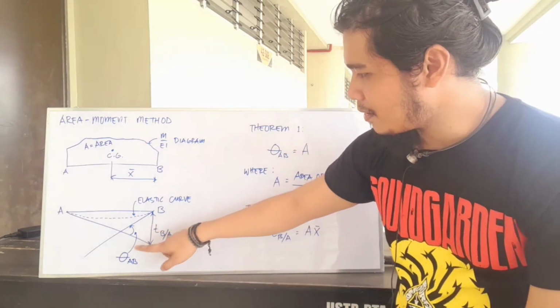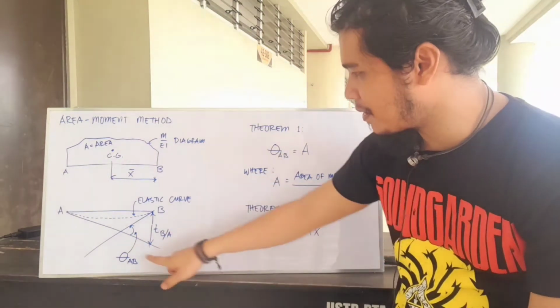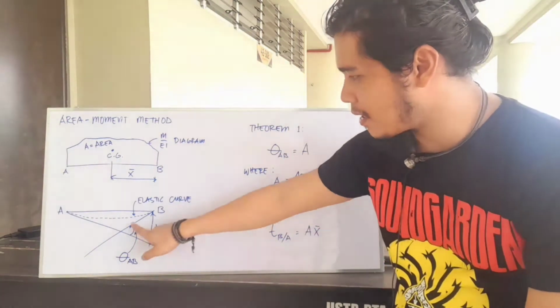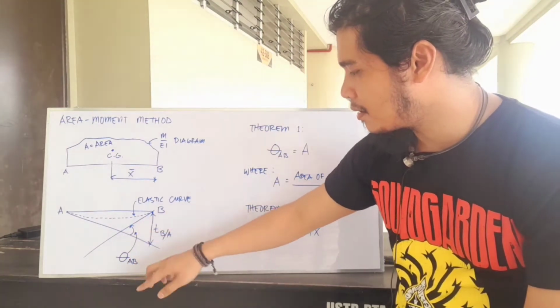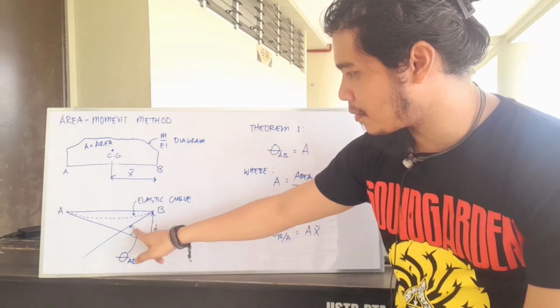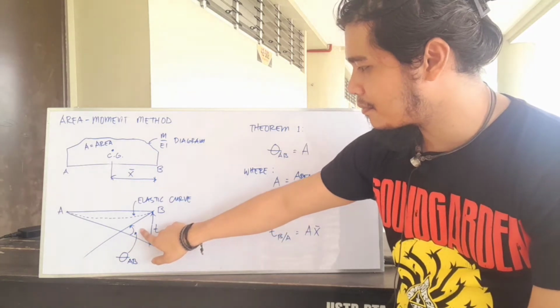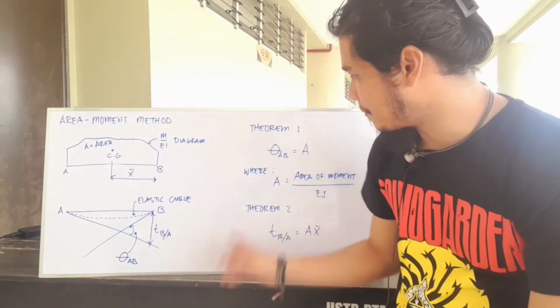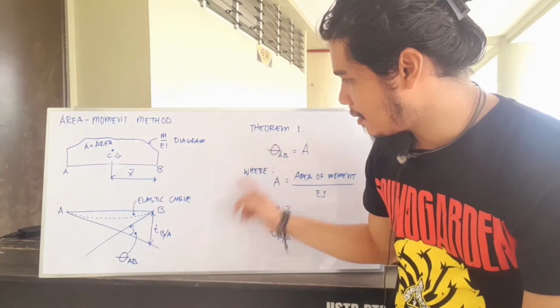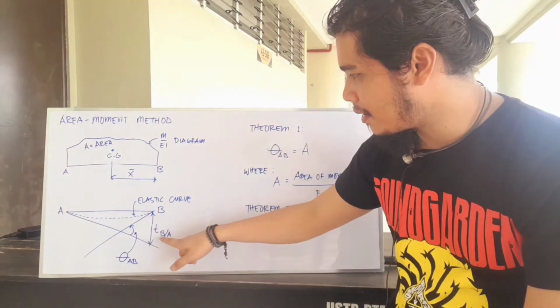So, yun nga, yung theta or yung slope AB is just the angle measured from tangent A to your tangent B. Take note na counterclockwise is positive. So, yun yung sign convention natin. Pag slope, and then your